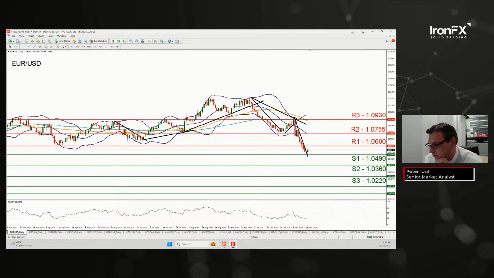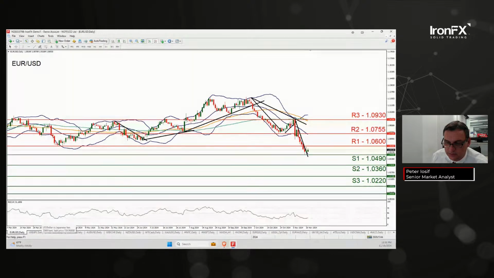For a bullish outlook for Euro USD, the bar is pretty high. I would require the pair to breach definitely the R1 1.06, and in my opinion reach as high as the 1.0755. The R2, sorry. Let's have a look at USD JPY, which in contrast to other pairs